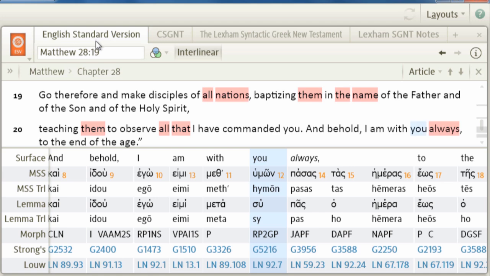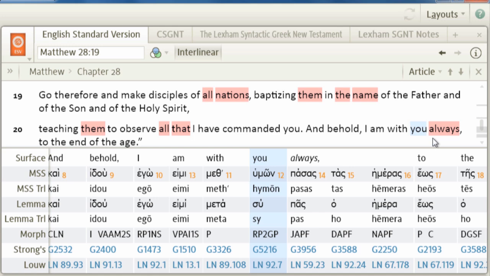After looking at all this grammatical information, hemeros in the accusative case doesn't indicate the object of the sentence. Instead, it works to show us how long the action of the verb will last. How long will Jesus be with us? Always. This truth, that His presence is with us, is foundational to living out His mission and His message here